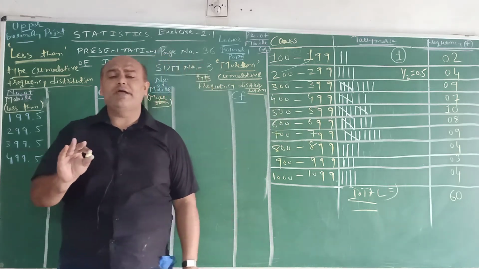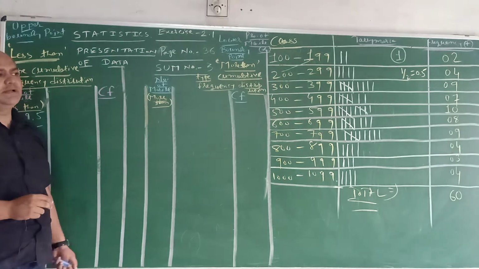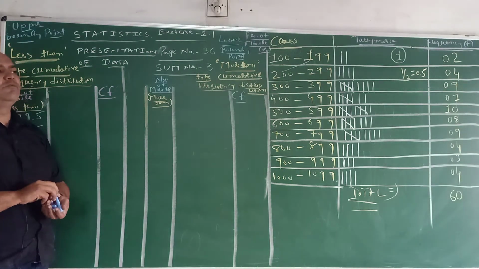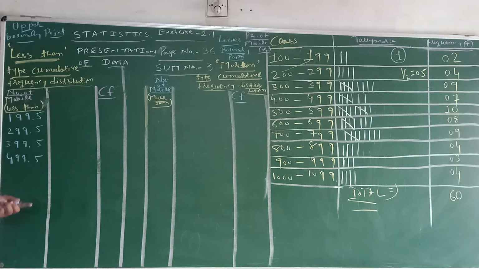Add 0.5 to the upper boundary to get the upper boundary point, and subtract 0.5 from the lower boundary to get the lower boundary point. For less than type, we need upper boundary point, so I write here 199.5, the upper boundary point of the first class, then 299.5 of the second class, 399.5 of the third class, 499.5, then